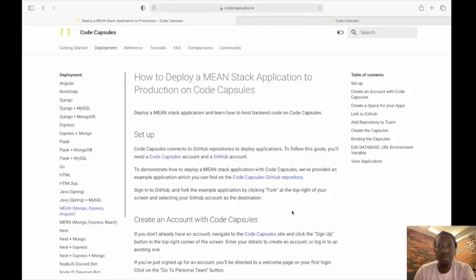And in today's episode, we're going to be looking at how to deploy a MEAN stack application to production on Code Capsules. And as you can see, I'm already on the Code Capsules doc site, and I've opened the page for deploying a MEAN stack application. A MEAN stack application is basically a MongoDB working together with an Express backend and an Angular frontend as one application. To follow this deployment guide or tutorial, you'll need a Code Capsules account and a